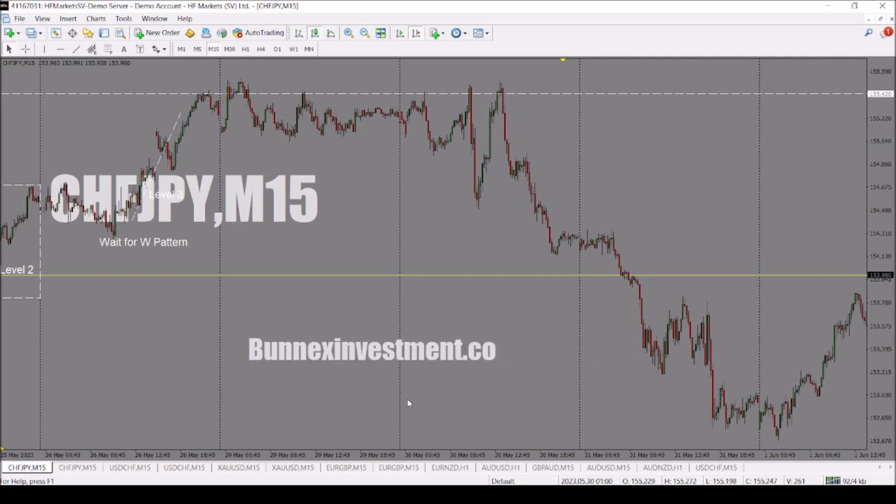So this is the way I trade. That is the way I carry out my trading process for me to get high pristine entries. And of course, I do encounter losses within this process.